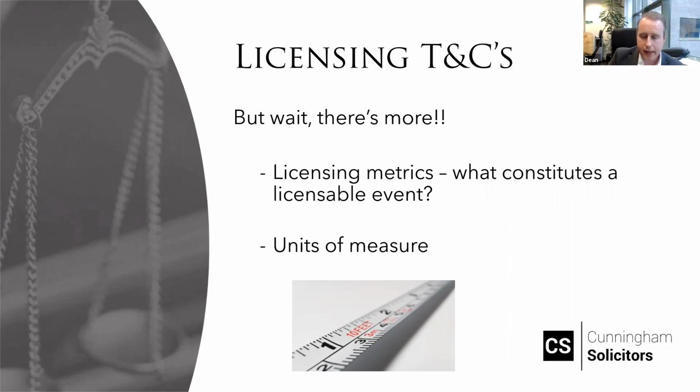So let's say a customer has purchased 1,000 seats of product X. That customer's license entitlement is 1,000 seats of product X. Therefore, the customer should only install or deploy 1,000 seats of the product. If the customer decides, you know what, let's install 1,500 seats of the product, it is, of course, in breach of contract and has infringed the copyright in that software. The problems arise here from the customer's perspective when the definition of exactly what a seat means is vague and ambiguous, which is often the case.